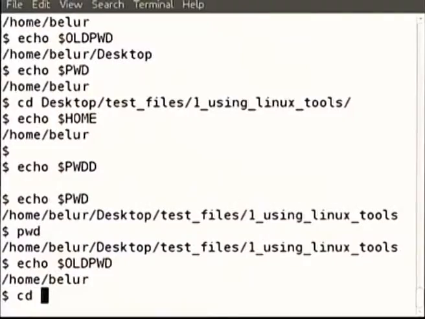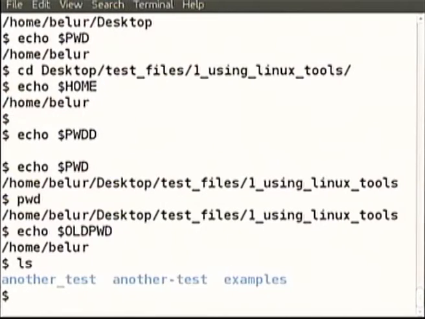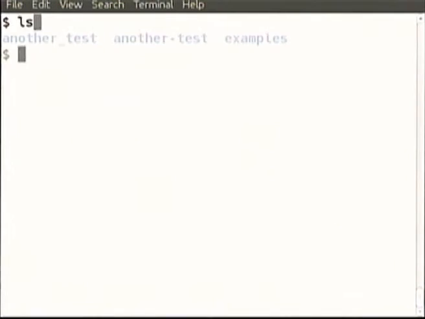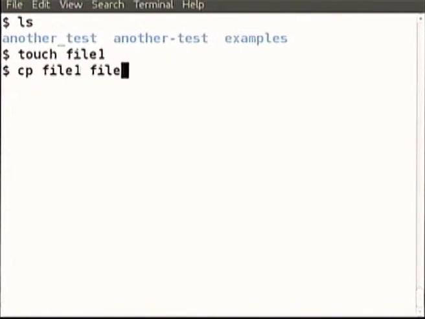Okay, so we will proceed to the next topic, which is about mv, cp and these commands with or without the i option. We have a few directories here. Let us make a file called file1 using touch. Now let us copy this file1 to file2. Copy is a command that takes a source and a destination. When you are copying, you are supposed to say from what to what. Now you have to give two arguments.